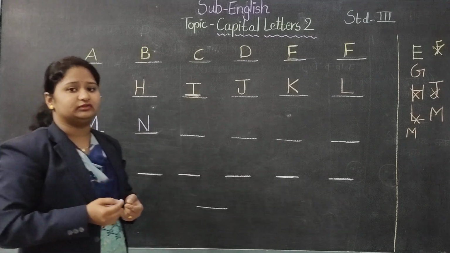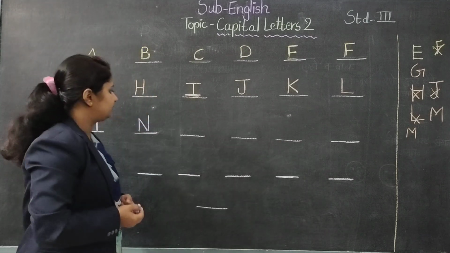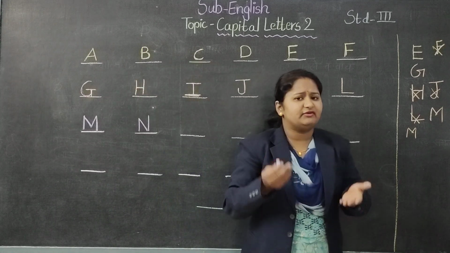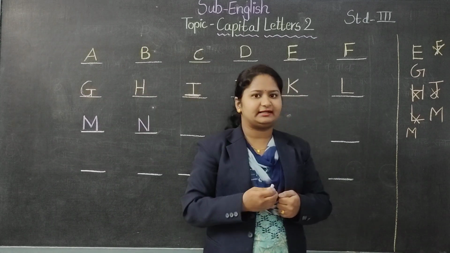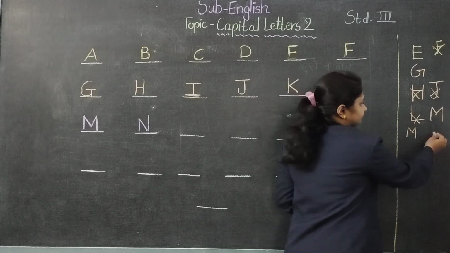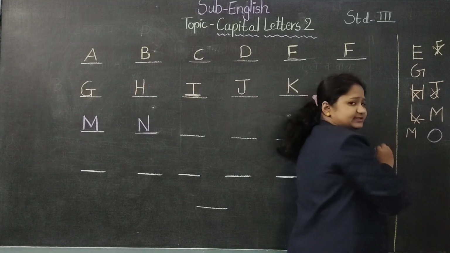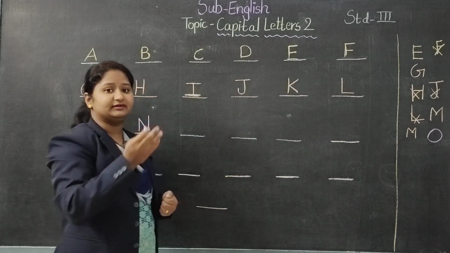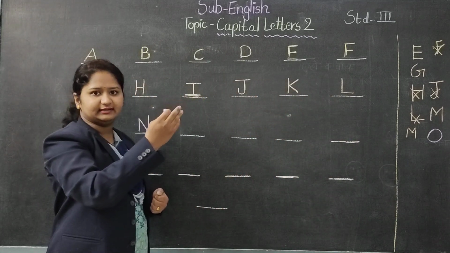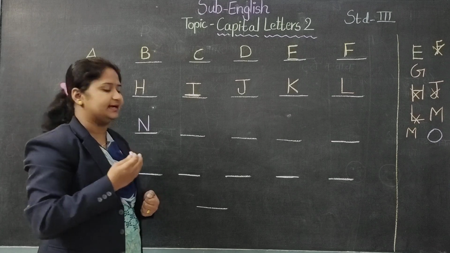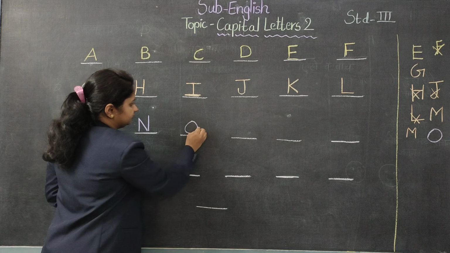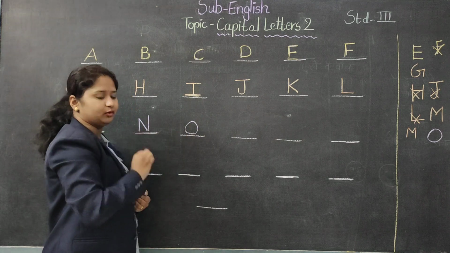Now we will move forward to the letter O. Now how to write O? Let us first see the wrong method, which mistake you make, and then we will correct the mistake. We do like this. Is it a correct way? No. O should always start from the right side. Like every letter, it also always starts from the right side. So in the same way, we will write this O in a proper way.